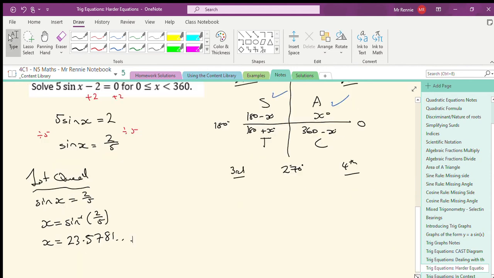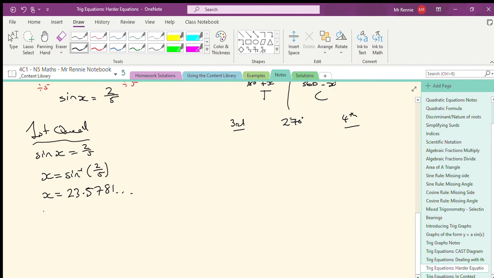Let me just extend my page a bit so I've got more space. x equals 23.57 degrees. Okay, so that's actually one of my answers. I now need to work out where my second answer lies. So my second answer lies in my second quadrant. The rule for the second quadrant is I do 180 minus my answer for x. That's going to be 180 minus